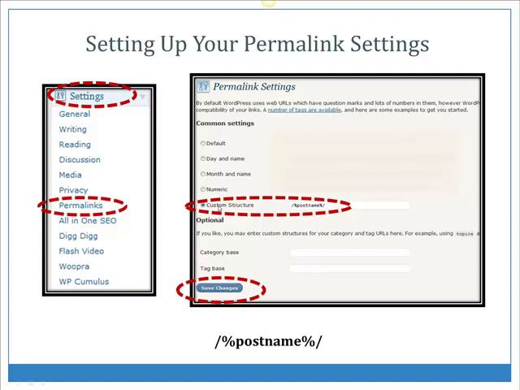You're going to go down and click on custom structure. What you're going to want to put in here is this right here. You're going to have the /%postname%/, and you're going to want to paste that right in where it says custom structure, right there. What this is going to do, instead of just generating a post name for you with different names and symbols and everything else,